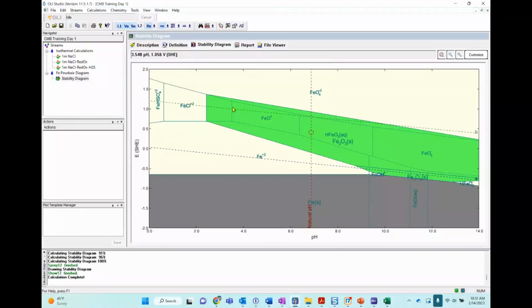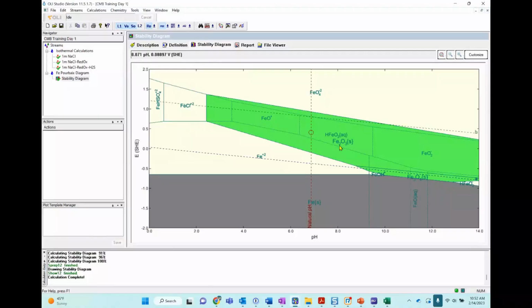The green region represents the formation of a layer. In this case, the layer is hematite. It's mostly that red layer that you see on the bridges or in the gates, the orangey, reddish type of oxidation, not corrosion rates, but color, when you see them.